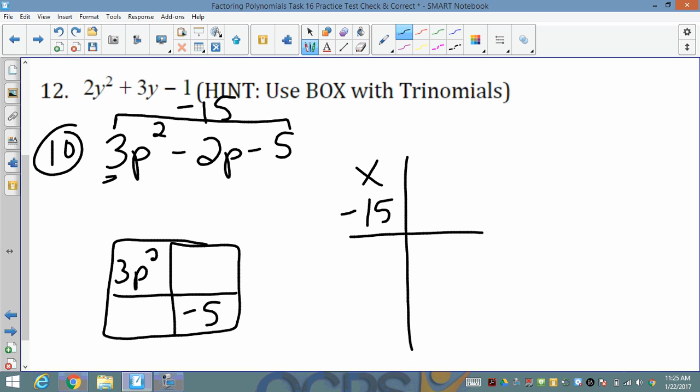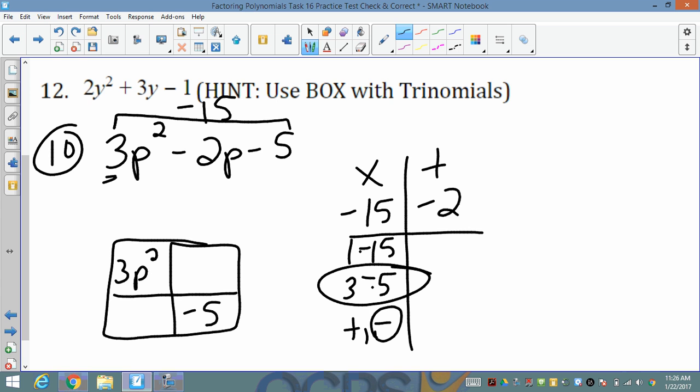Multiplying to negative 15 and adding to negative 2. Listing my factors. I know I'm fast at this. I'm fast at it because I practiced. So the only way you're going to get fast at it is to practice. Since I'm multiplying to a negative, my signs are different. Since I'm adding to a negative, my bigger number is negative. Hopefully you see there my 3 and negative 5 are what's going to work. So I'm going to put in 3p,